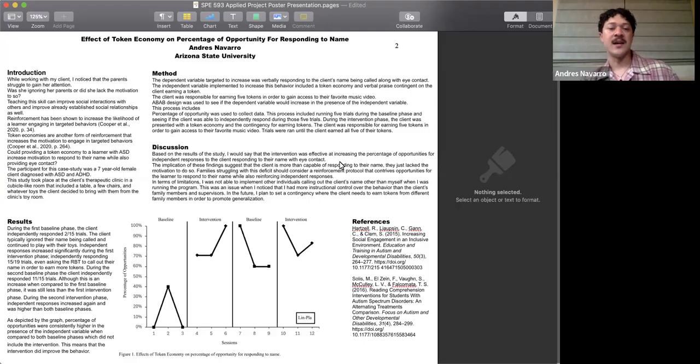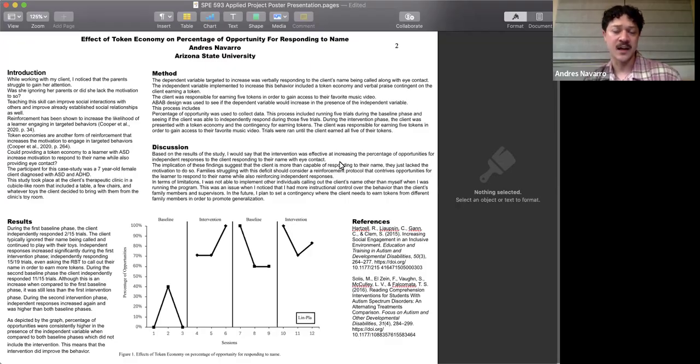So I recently was assigned to a client. She is a female 7-year-old client on the spectrum and diagnosed with ADHD. So I work with this client in home and at my clinic. Everything's fine at the clinic, but I noticed that there's a deficit when I work with her in home. And basically, what that means is that her parents have to constantly say her name or block access to whatever toy or activity she's engaging with just to gain her attention. So there's obviously a deficit there.